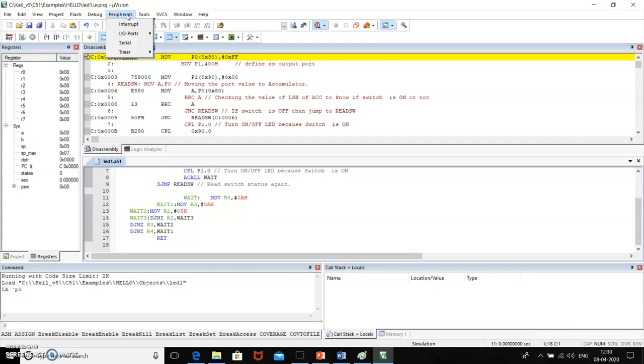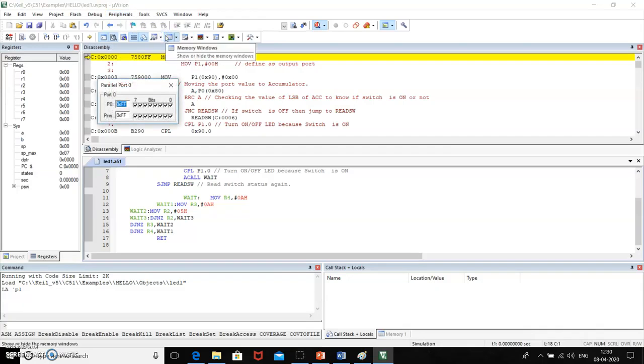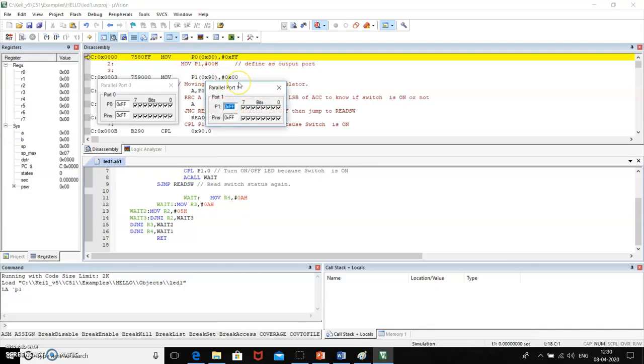For that purpose, just move towards Peripherals, I/O Ports, open this port 0 where we have connected the switch, and open this port 1 where we have connected the LED. As we discussed earlier, the switch is connected at this LSB pin of port 0 and the LED is connected at this LSB pin of port 1.